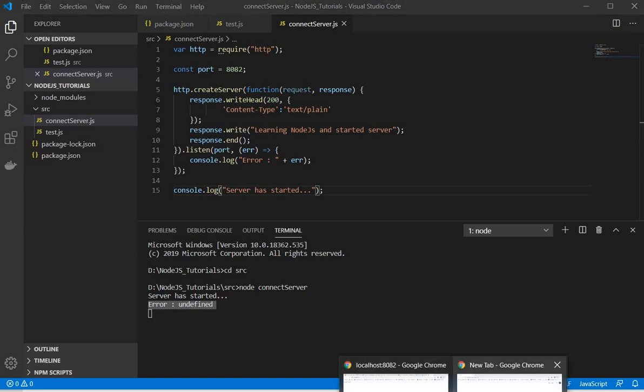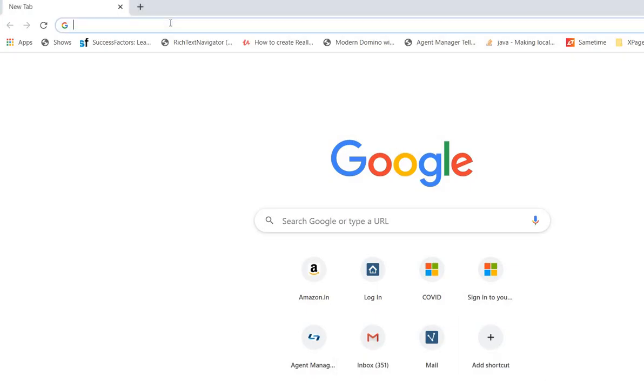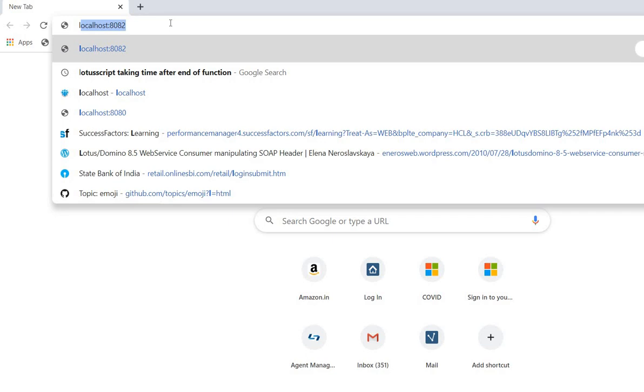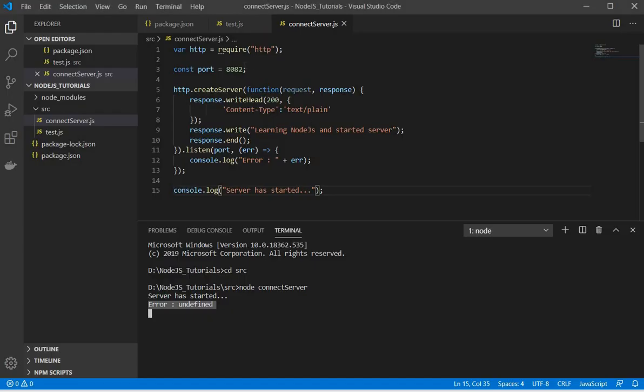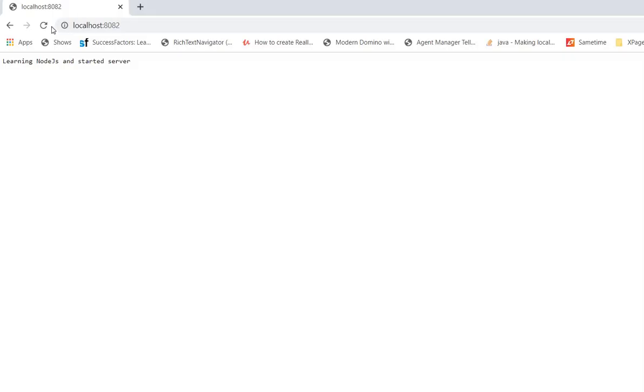So now what I'll do is I will go here, and I'll type localhost 8080. So learning Node.js and started server. And what if I change the port number? Now this would not work.